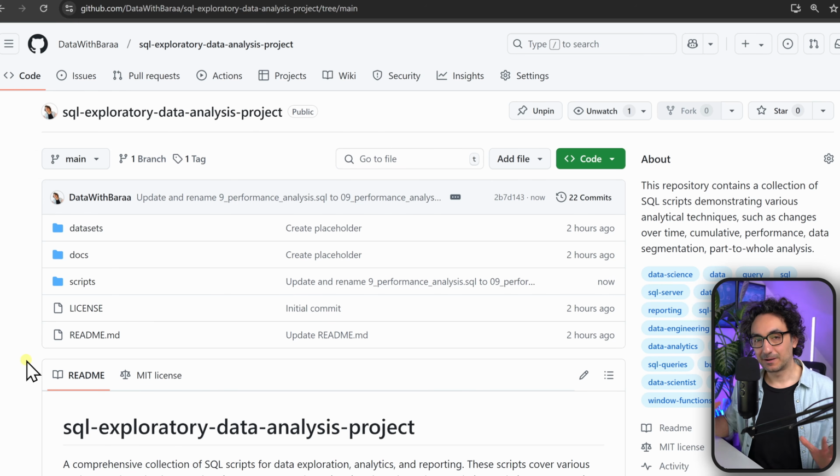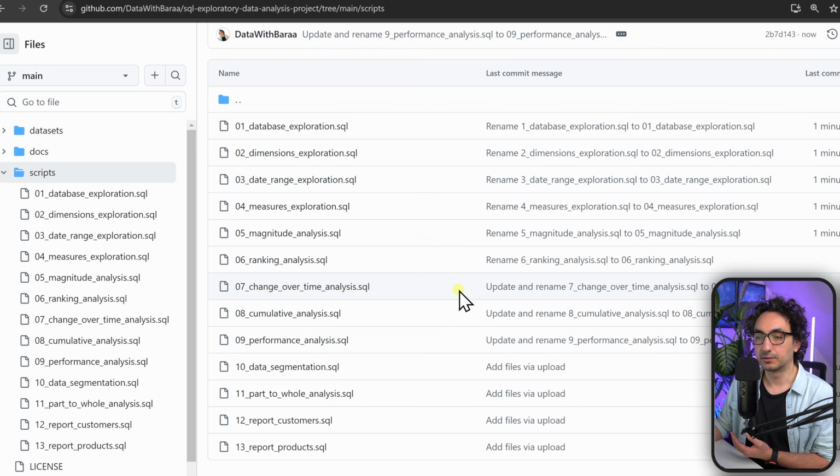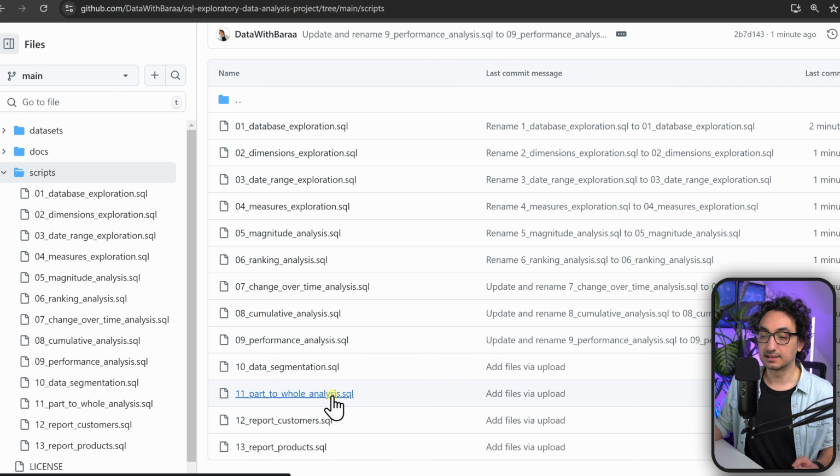Alright, my friends, now don't forget to put all your work in the Git repository in order to share it with the others as successful projects. So as usual, we have the datasets, documentations, and as well the scripts that you have done through these projects. And here I'm putting everything together. So we have all the activity of the exploration as well as the advanced analysis that we have done. So we have the change over time, the cumulative analysis, performance, data segmentation, part to whole analysis,